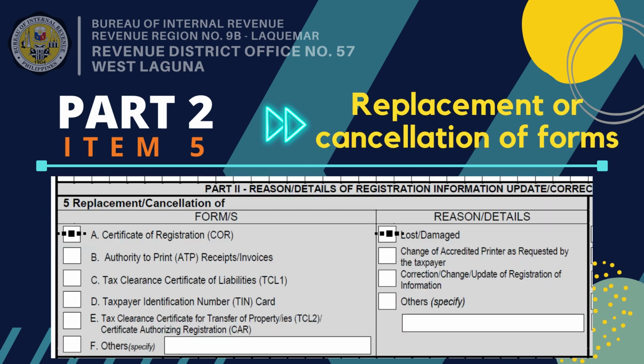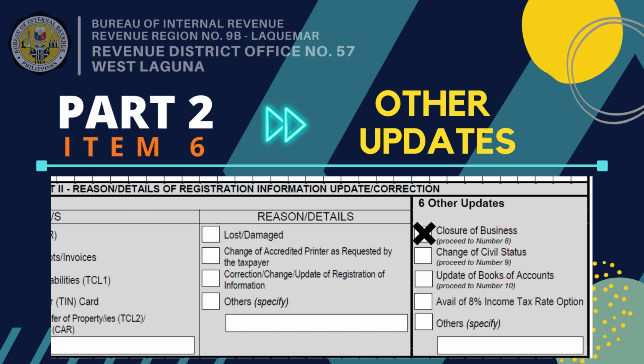Following through, Item 5 of Part 2 is for replacement or cancellation of documents. It is specified in the form the kind of records and the causes of replacement or cancellation. If the document and reason is not listed, you may put such in the space provided. Item 6 of Part 2 deals with other updates. As we can see in the form, fields to be filled up depend on the update to be made by